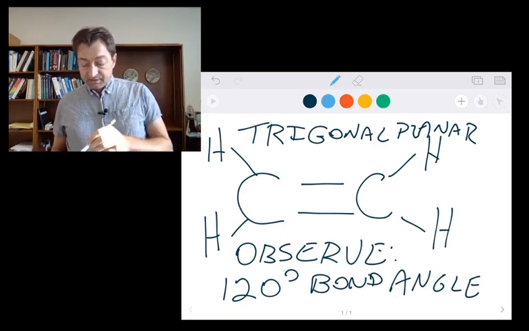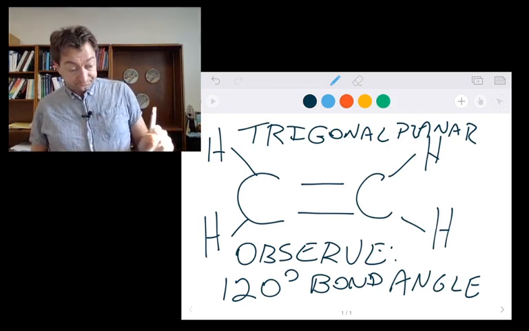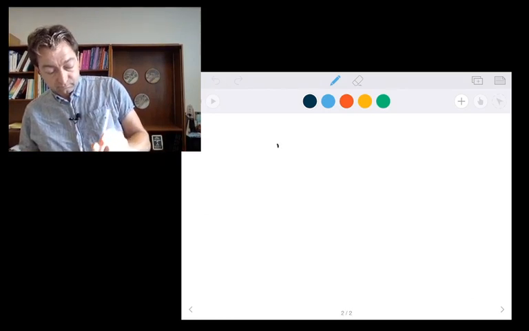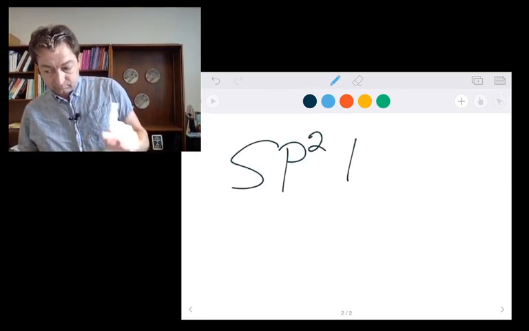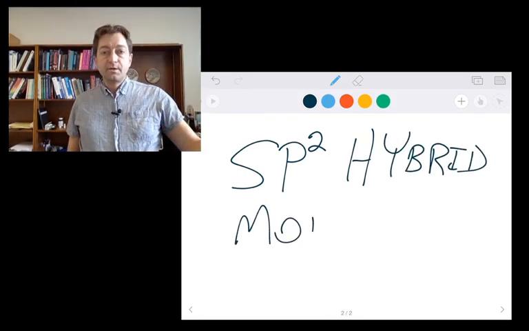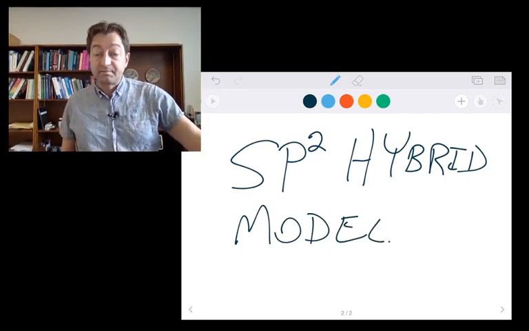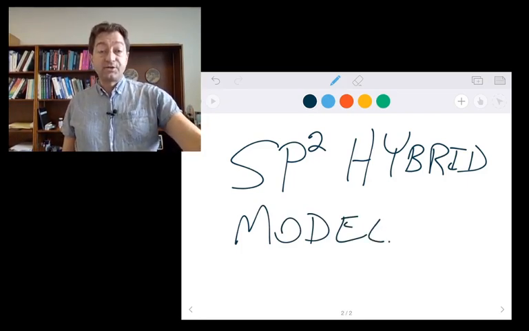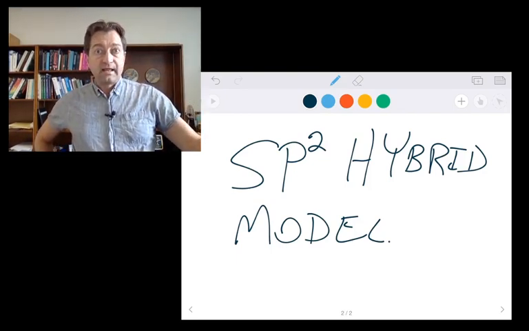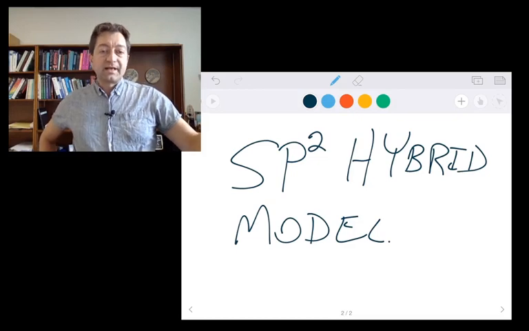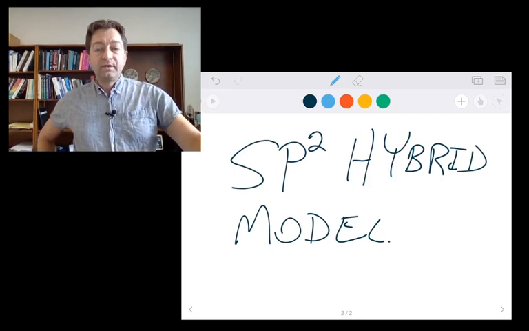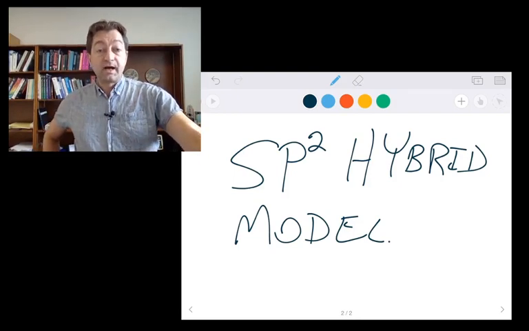And so the best sort of model that we come up with for this is we describe it as an sp2 hybrid. So we developed this sp2 hybrid model. Again, this is the explanation that we have for the observations that we make about these atoms and the way they form these bonds. So what does that explanation really mean? Well, if we look, for example, at how we build up the model of this sp2 hybrid, we come to something